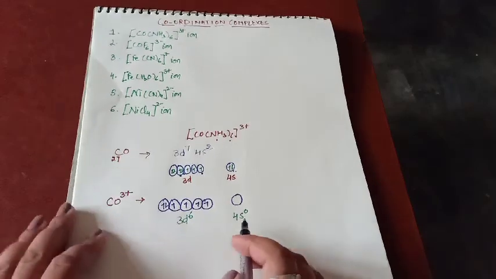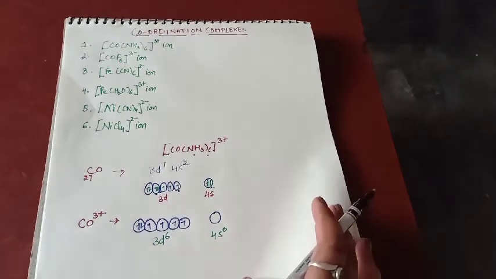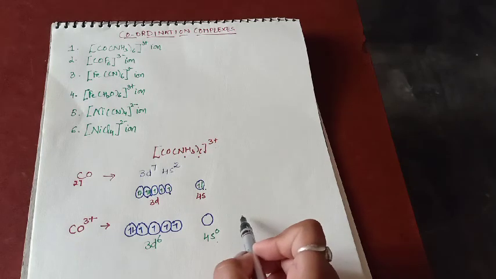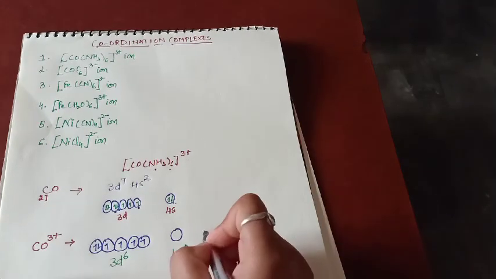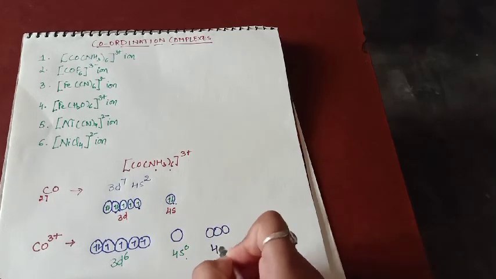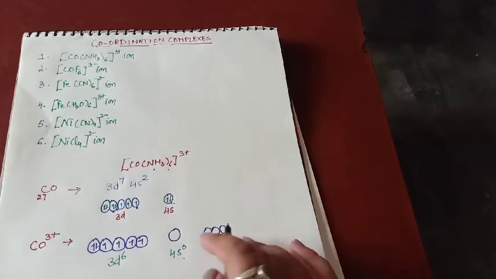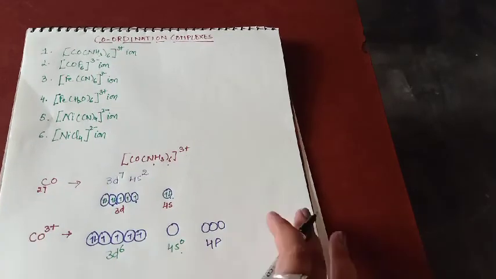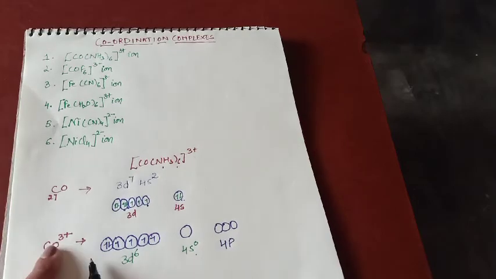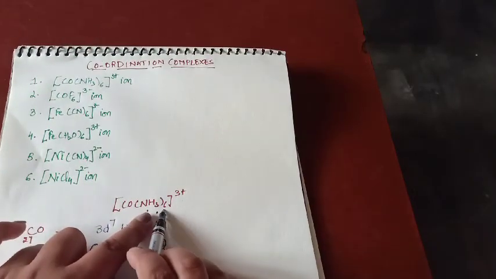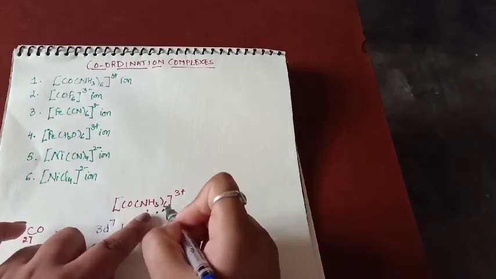So now you can see how many vacant orbitals cobalt is having. 4s. Okay, then 4p could be lying over there. Okay, next will be the 4p orbital. Okay, these could be empty, or next will be the 4d orbital. After 3d, next will be the 4d orbital. So how many ligands are present here? You can see how many ligands are present. 6 ligands are present.